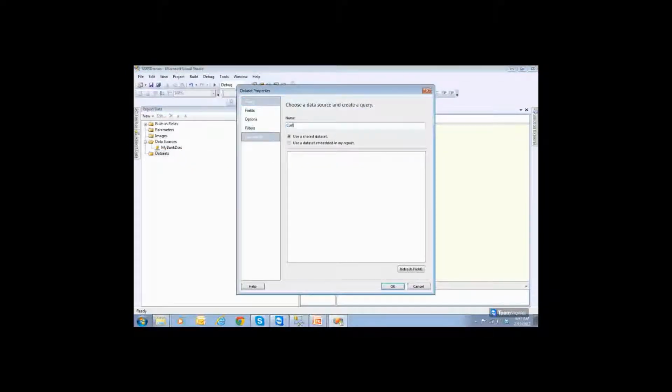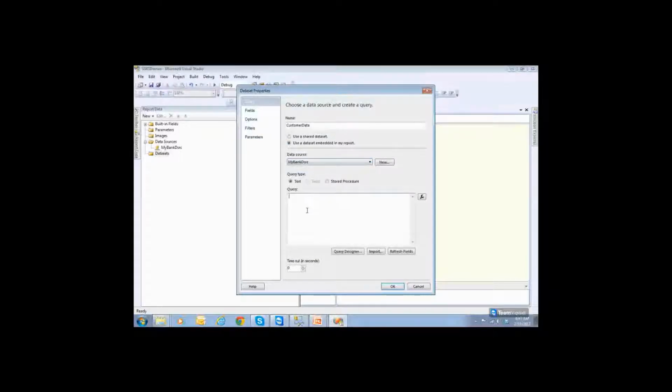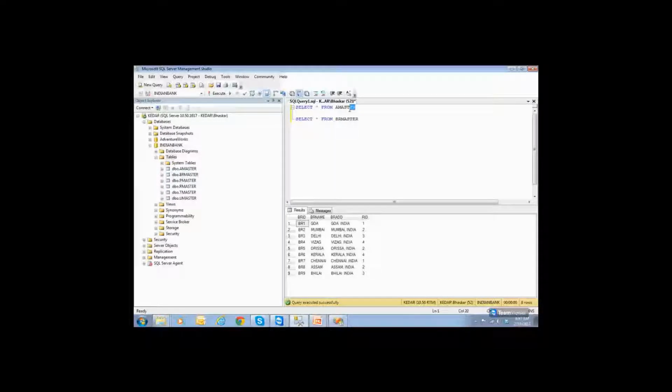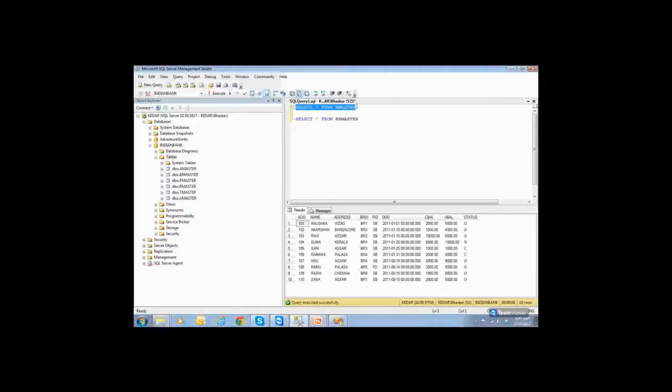And the data set is add data set, say customer data. Use a data set embedded in my report. I'm using the bank data source. For the query, I need branch wise data, so where BRID equals @BRID.